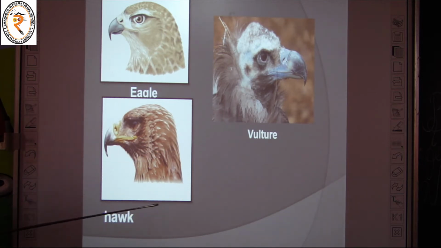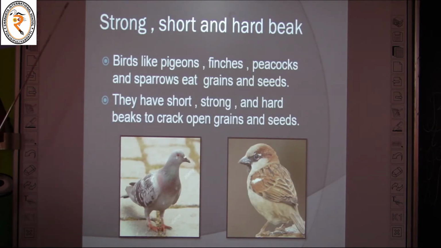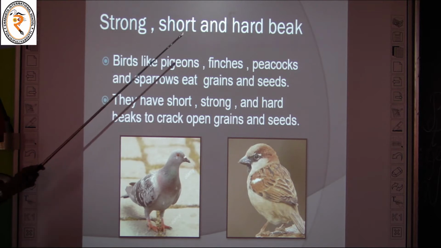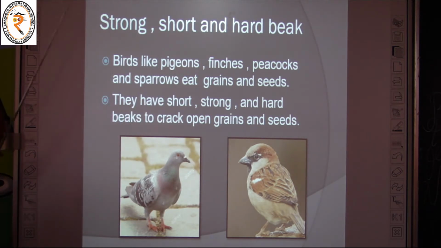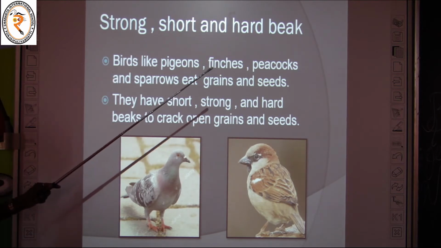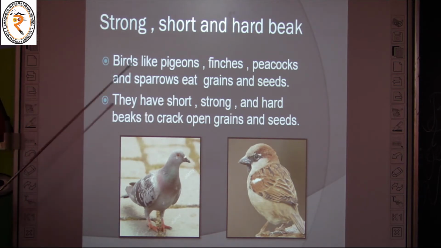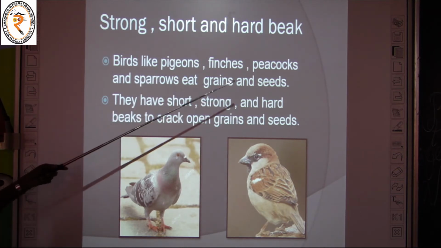Eagle, vulture, hawk. Next is the strong, short and hard beak. Birds like pigeons, finches, peacocks and sparrows eat grains and seeds.